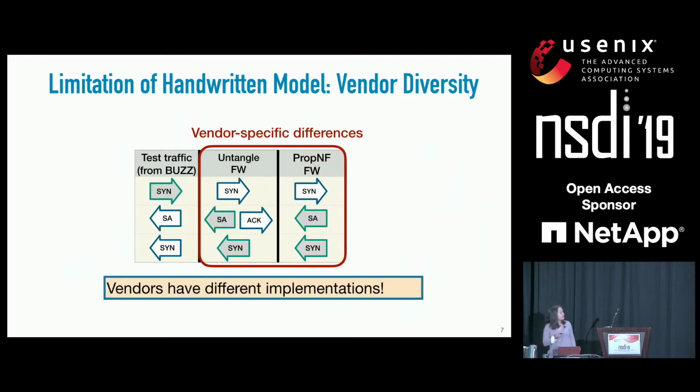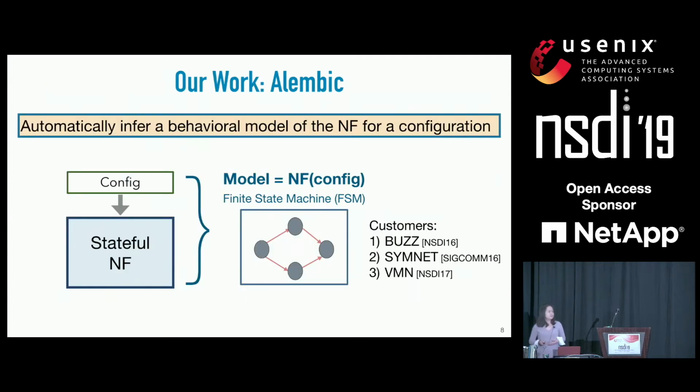Second, these handwritten models often assume a homogeneous model across different vendors. But if you look at these three very simple packet sequences, the firewalls from different vendors react very differently. So having